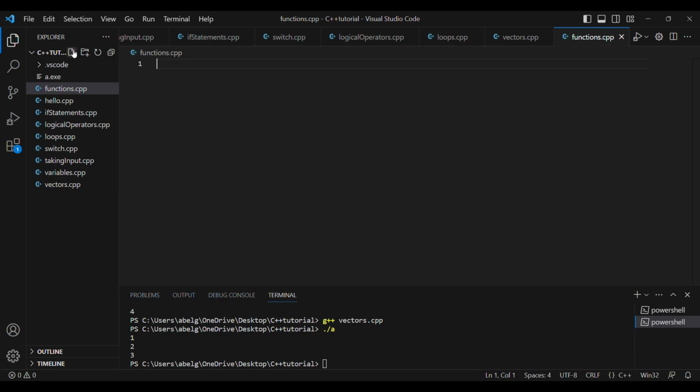So what is the use of a function? A function makes your code more compact and it also makes it more reusable. I'll be showing you different code examples, but that is the main purpose of using functions, to make your code reusable. So in order to create a function, the syntax is the return type